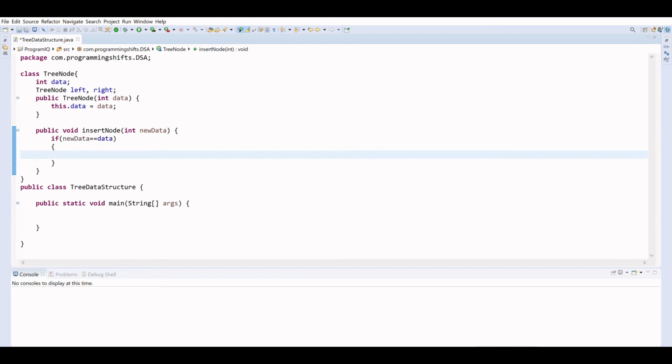If the first node has the data, what we have to do is check